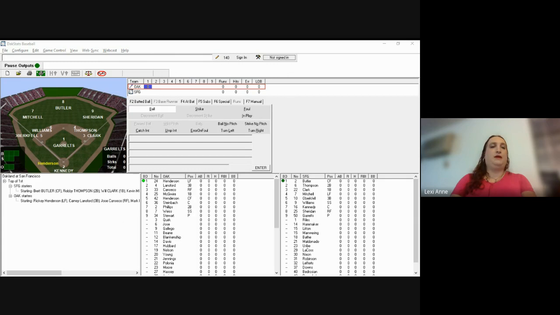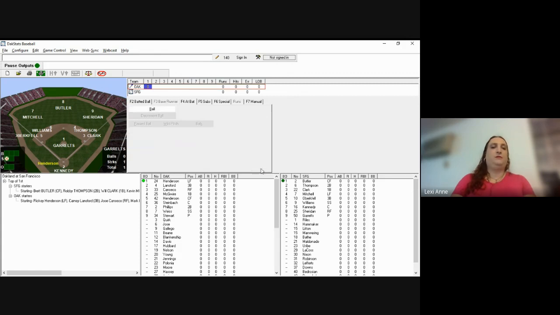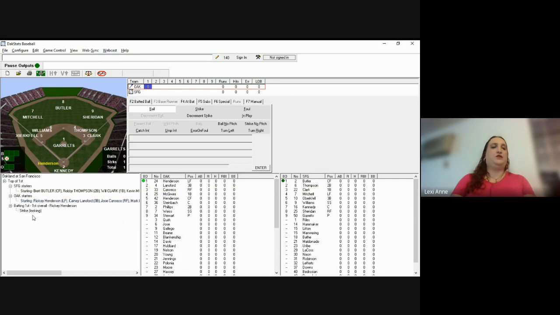And the cool part about this, so Ricky Henderson leads off the game against Scott Garelts, and he grounds out to short on an 0-2 pitch. So you can click strike, swinging or looking. Let's say the first one was looking and click enter, and it puts the strike and the strike looking here. Let's say the second strike was swinging, and then he puts the ball in play. So if we click in play,